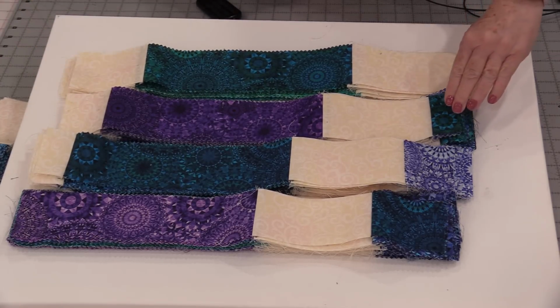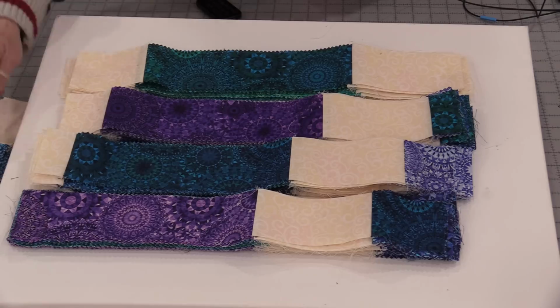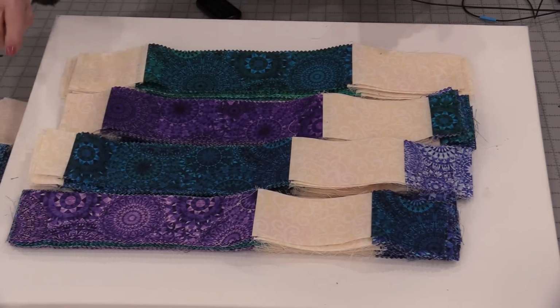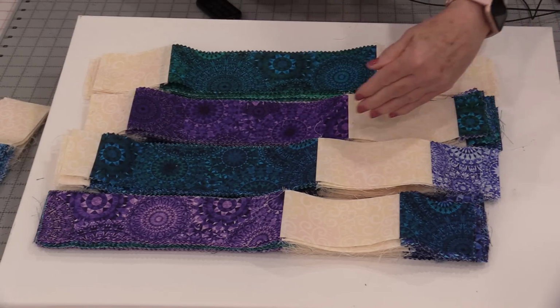And you're going to notice that we have the small, medium, and large on that end, and the small, medium, and large on the other side, and nothing on the 2 ends. You can also see that you have this little bit of an angle going on, so that's exactly what we're looking for. We are now going to be able to sew these together, and we're going to sew them together